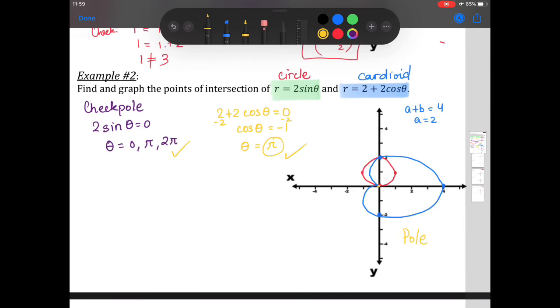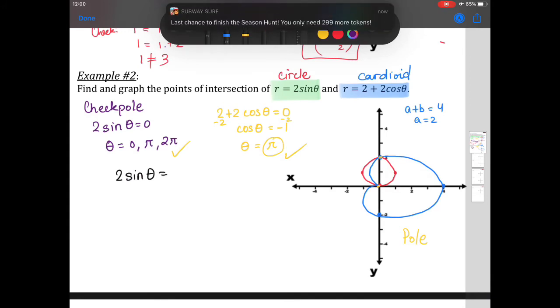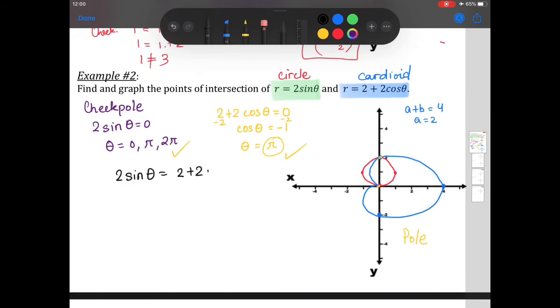One is here and the other one is here. So I just want to find out what it is. So what you do is you take your 2 equations and set them equal to each other. So I'm going to rewrite it and change colors actually. Let's do black. So 2 sine theta equals 2 plus 2 cosine theta,